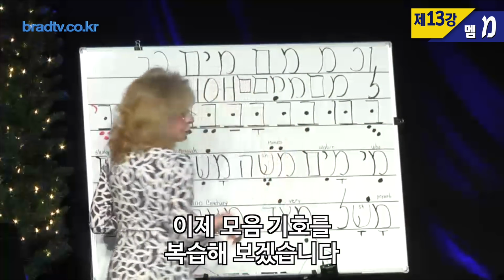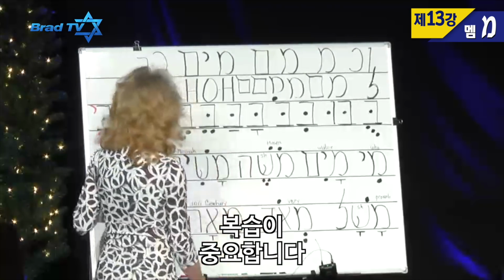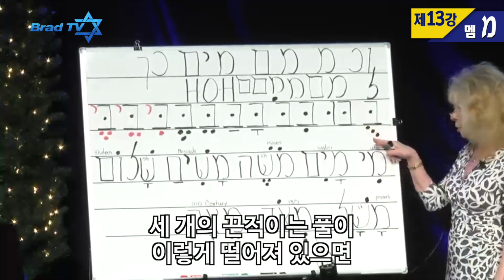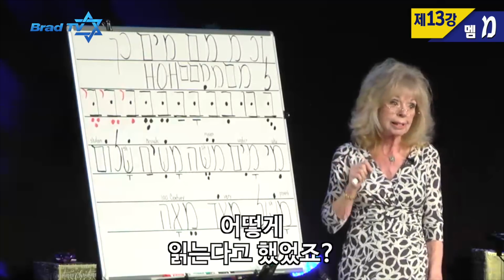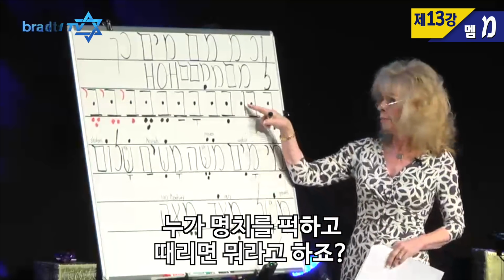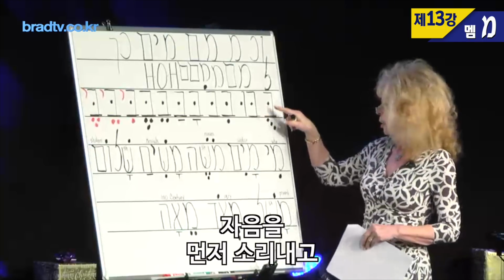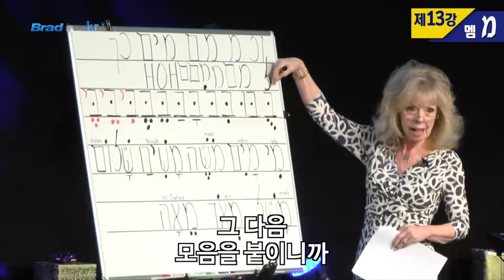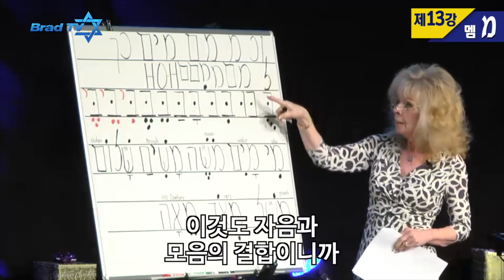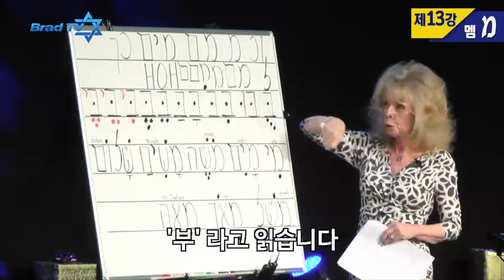All right, so let's review vowel points. We haven't done that for a couple weeks, and it's important to review. So I've got this whole row of vowel points, and you remember the three drippy dots of glue? Say, good, ooh. When somebody hits you right here, you say, ooh. You say ooh from now on, okay? So you're going to first say the sound of the letter, which is b, and then the vowel sound. So you're going to say boo. Here, this is the combination, letter and vowel. So you're going to say boo.